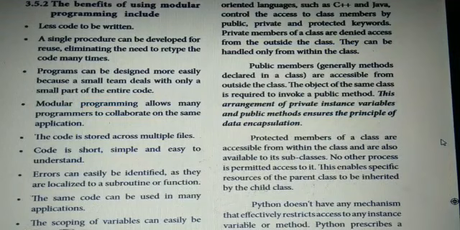And then the scoping of variables can be easily controlled. In the last video we discussed the scope of variables, that is the LEGB rule: local scope, enclosed scope, global scope, and built-in scope. So that is controlled inside the module. Whatever variable we use can be accessible only in that module. If we include that in another module, it can be accessible in that also. That is built-in scope, which we discussed in the last video. So the scope of variables can be easily controlled.